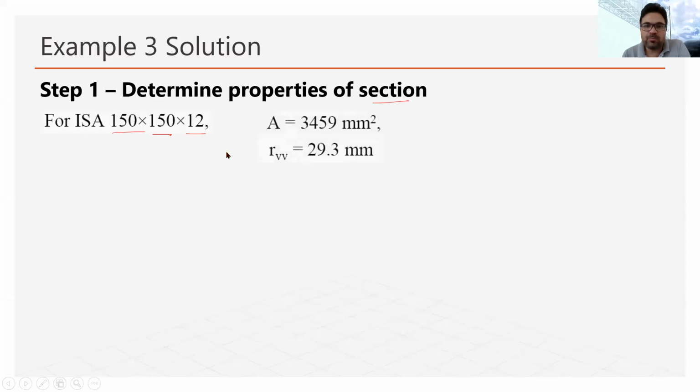So here in our problem, the major values required will be the area of cross section of the angle section and the minimum radius of gyration, which is about the r_vv. As I have shown you, this value is in the steel table. In the steel table it is given in centimeters, and I have converted this into mm. So now the next